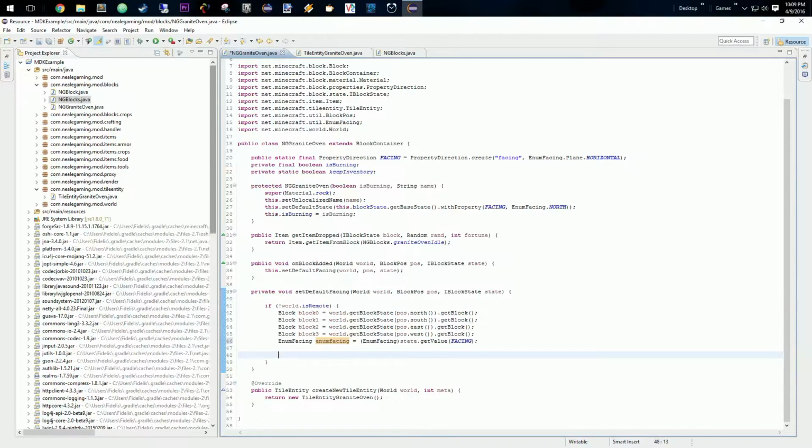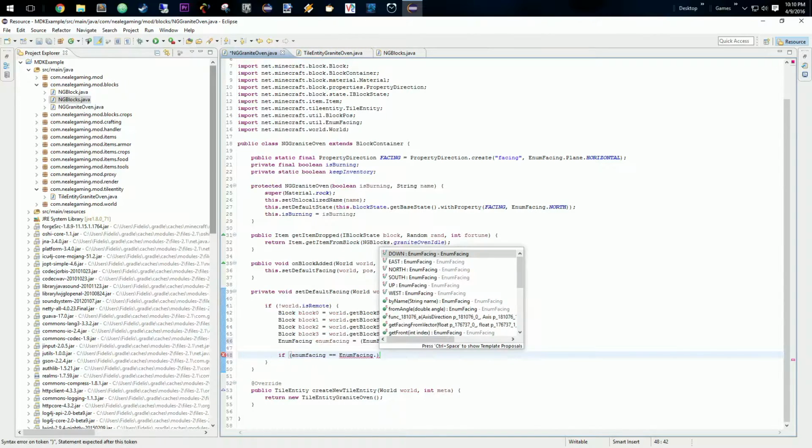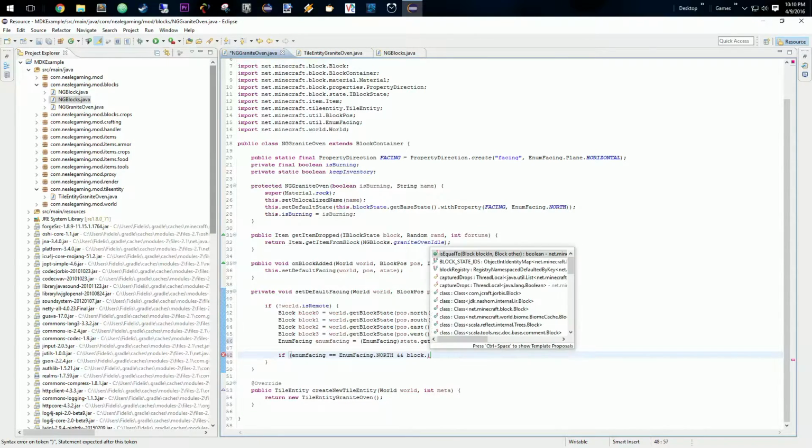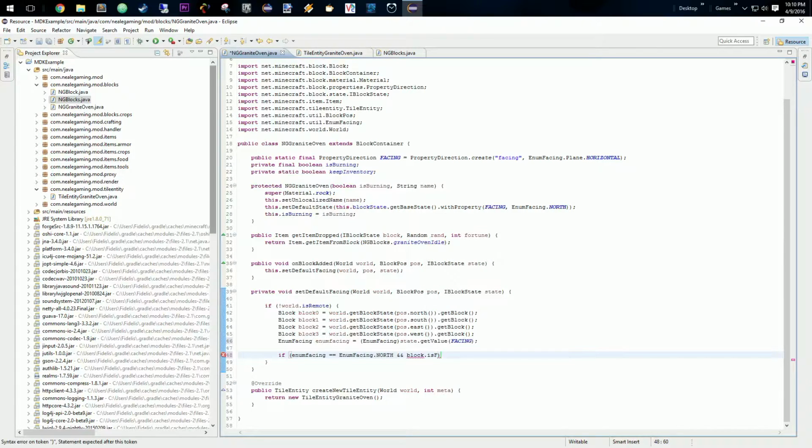So, when you have a furnace, right, and you place it in the north, right, the front of it is facing you, which if you're facing north, then the furnace will be facing south. So that's what we essentially need to do with each of these. So we are going to say if enumFacing is equal to EnumFacing dot north and block